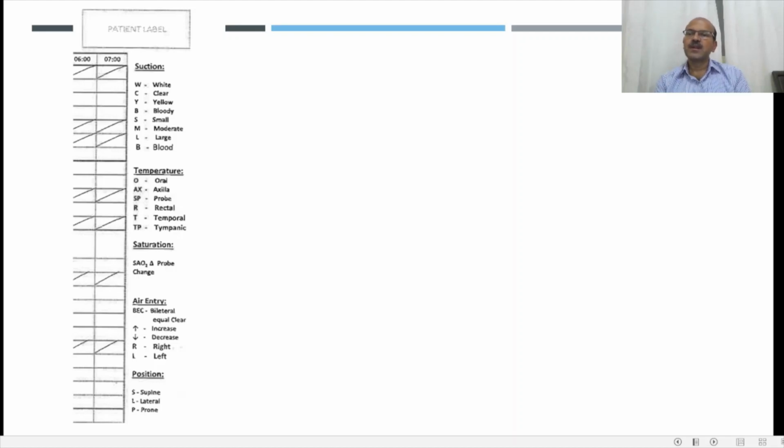So if you are entering under the suction column, these are the short forms. In the temperature column, if you put these observations, these are the short forms. And saturation, if there is a probe change. Air entry, if you are listening to the chest, this is what you mean. And positioning, supine, lateral, prone, so changing in position. So this is just a summary of the NICU flow sheet, and as I said, go through the sheet you use in your unit so you get a clear idea of what